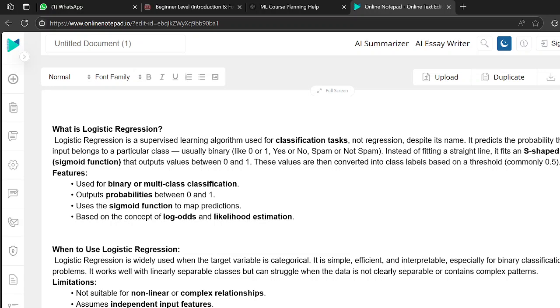So basically, logistic regression is used when you have the target variable in a categorized form, right? It already belongs to a category that might be yes or no, a category that might be true or false, a category that might be spam or not spam, and so on. This makes it simple, efficient, and interpretable, especially for binary classification problems, the ones that require a yes or no answer. You know, for example,